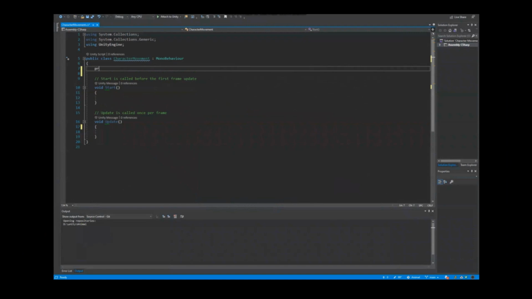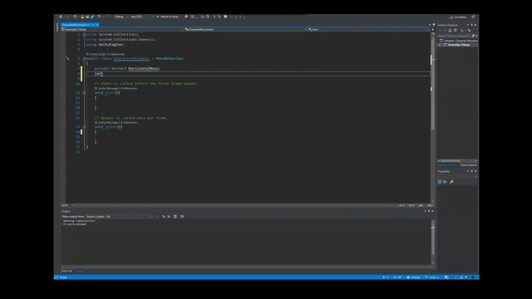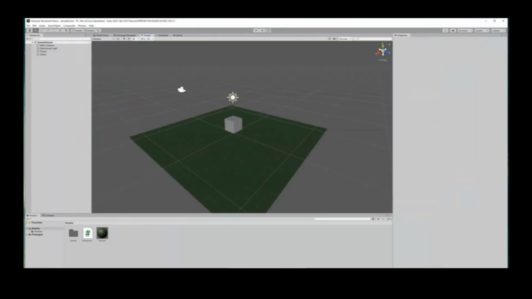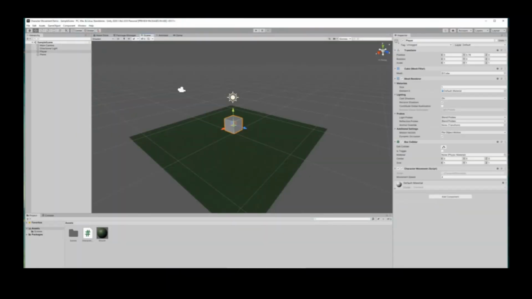Once your Visual Studio project is open, start by creating the necessary variables. So we're going to need two private 3D vectors, horizontal movement and vertical movement, which will detect the player's desired movement direction. And we'll also need a public float called movement speed, which will let us adjust how fast the player moves. Notice how if you go to your inspector on the player's components, the movement speed is modifiable here,